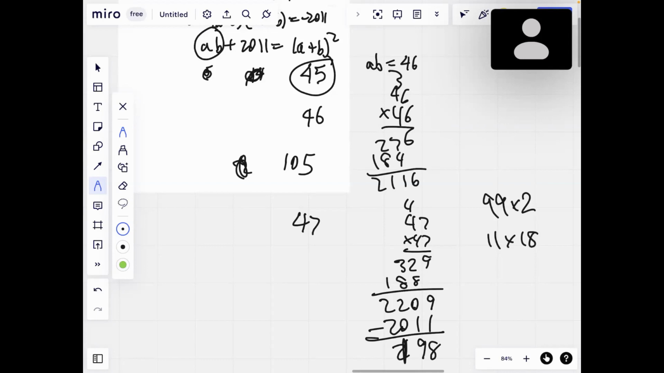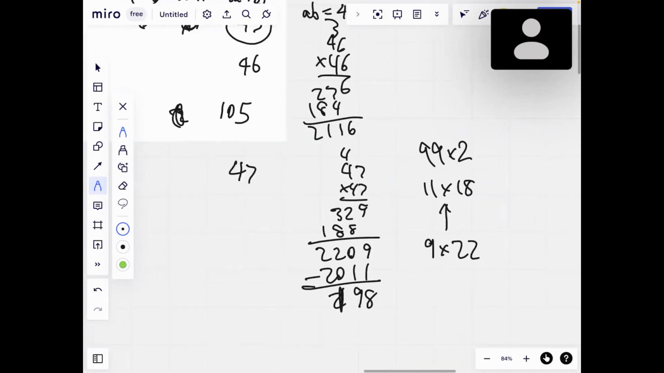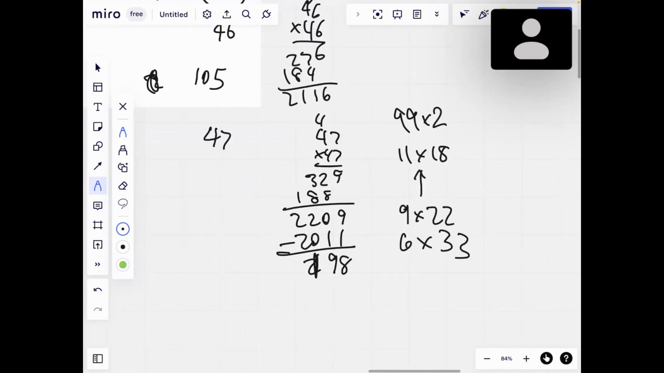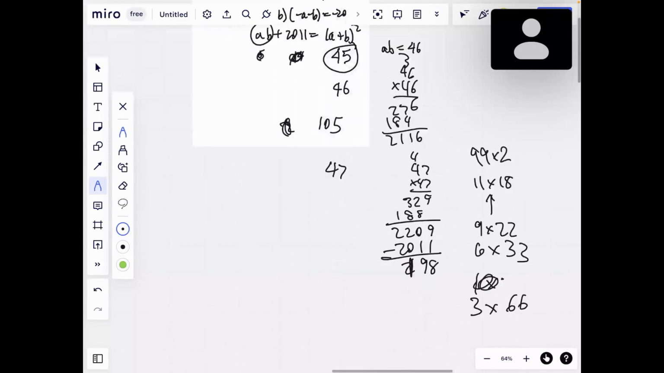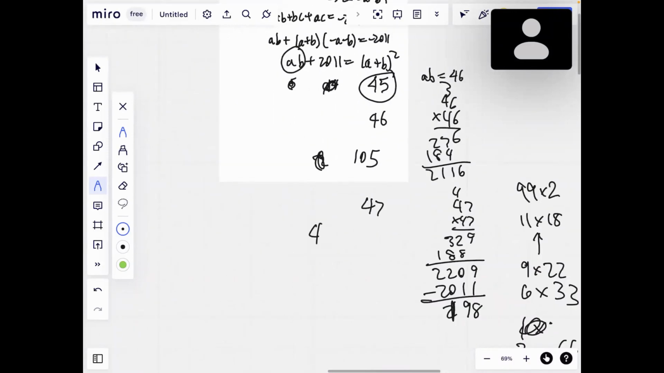So what's the smallest factor greater than that? Well, you can do 9 times 22. That's still too small. You can do 6 times 33, still too small. And then you have 3 times 66, which is too big. So this doesn't work. If we have 48, on the other hand, 48 squared is